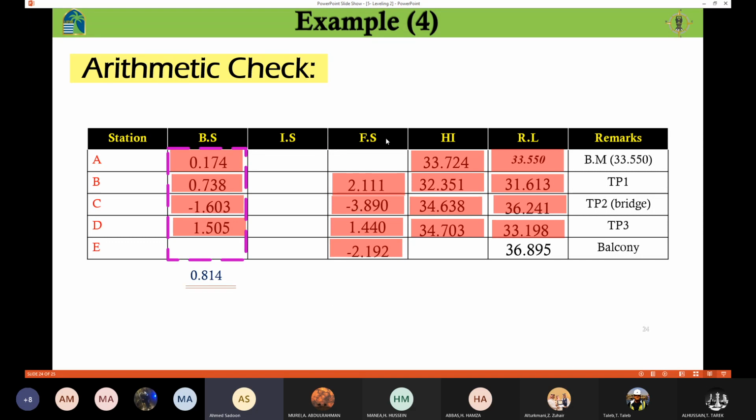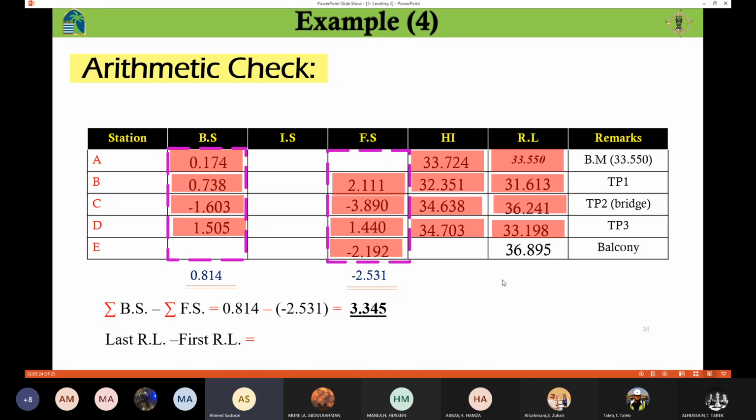And here also I need to get the summation of the foresight. The summation came out to be a negative value because the negative values here are dominant in this calculation. Now I need to determine the value of the summation of the backsight minus the summation of the foresight. This one minus this value, which is going to be positive. Okay, so take care of this. You may make a mistake in this. So this one minus is going to be positive.